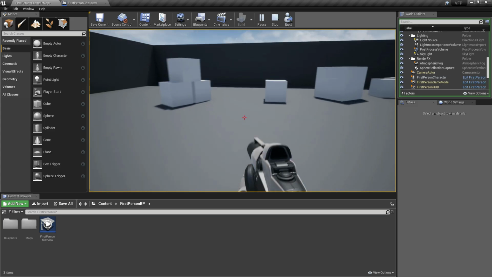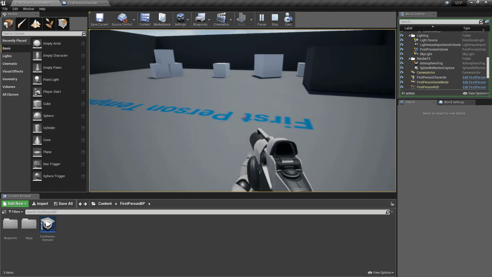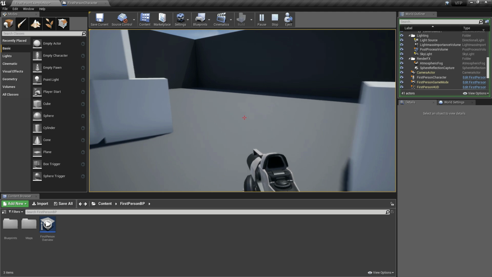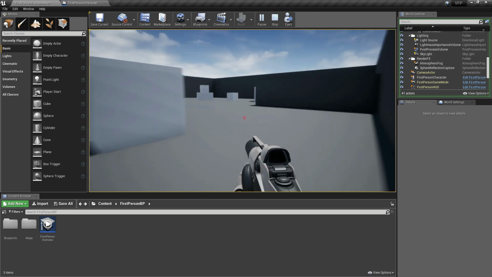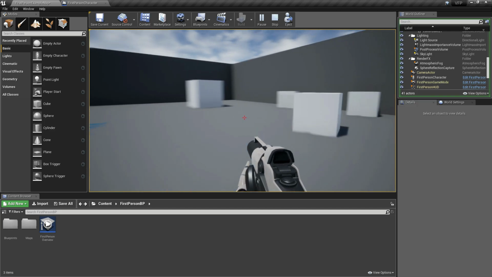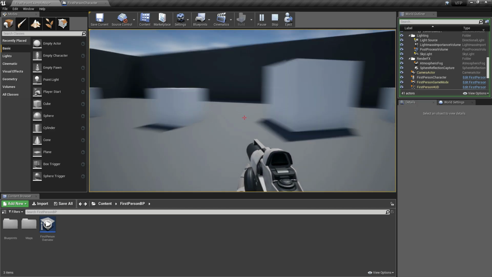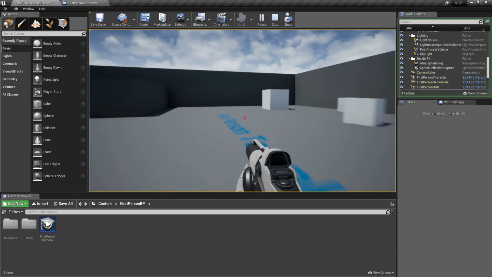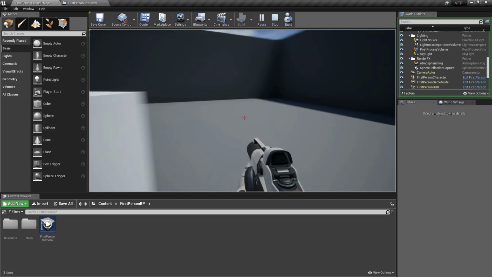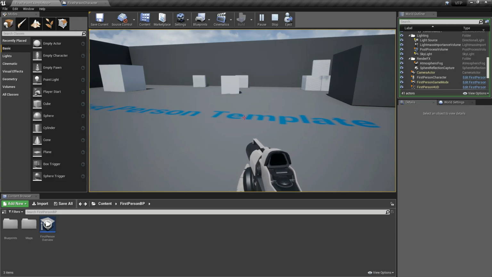Actually, for the crouch and the sprint, we can add a toggle. Holding the sprint key or the crouch key is, I think, very much a hassle to other gamers, especially me. So I prefer to toggle controls like sprinting and crouching. So how are we going to toggle the sprint and the crouch of our first person character?